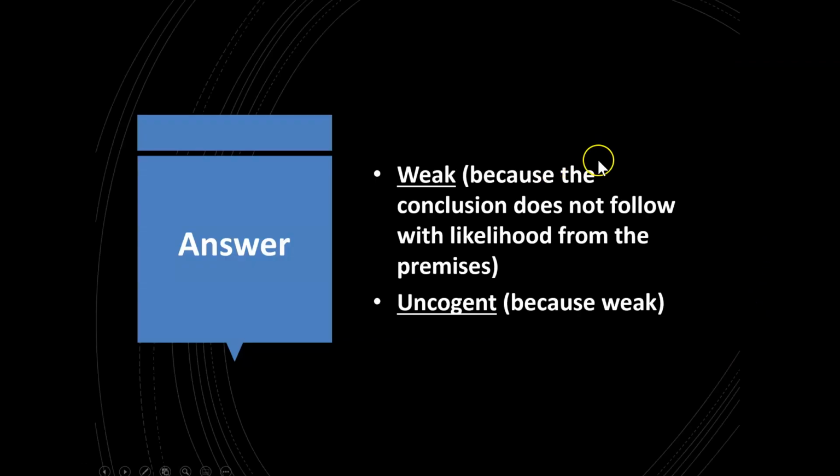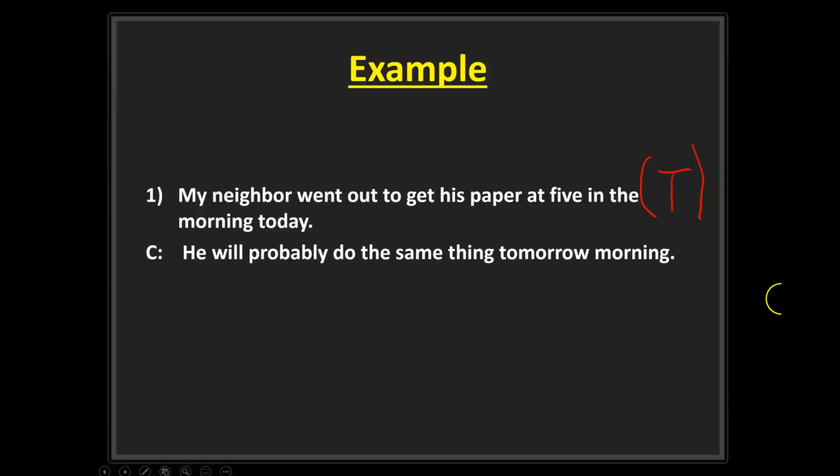This one happened to be weak because the conclusion does not follow with likelihood from the premises, and uncogent because it's weak. Weak, hence uncogent. And then to go back,